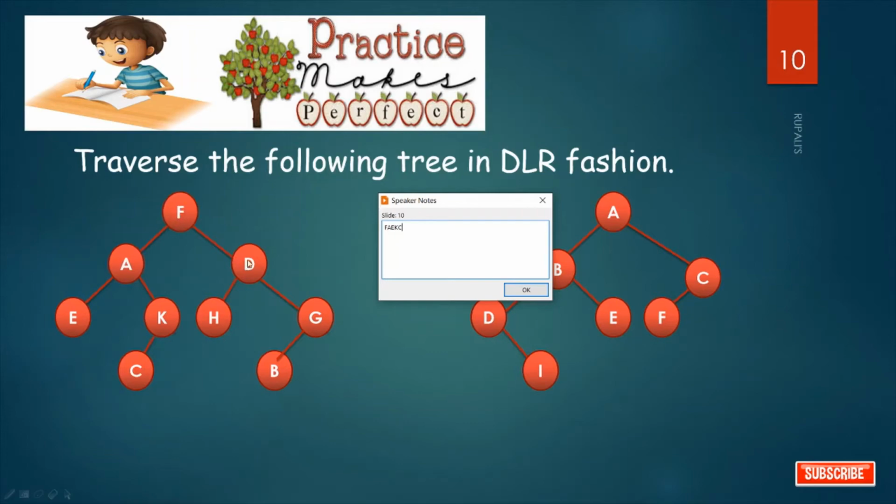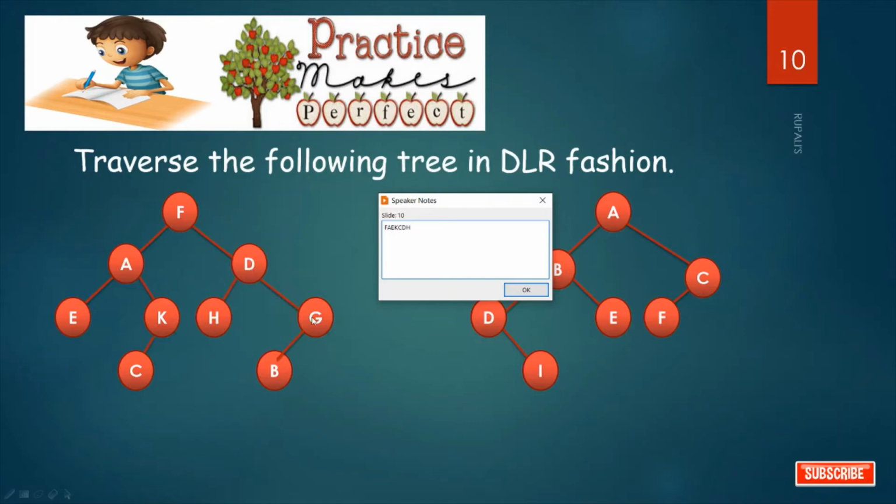Visit right child. Again we apply DLR here. Okay. So D means print the node. So print the node. L means visit left child. Again we apply DLR here. D means print the node. L means visit left child. No left child is there. R, no right child is there. Come here. DL completed. R, visit right child.